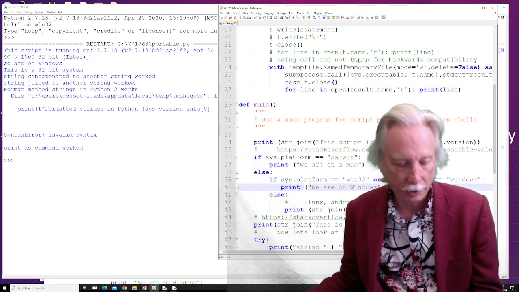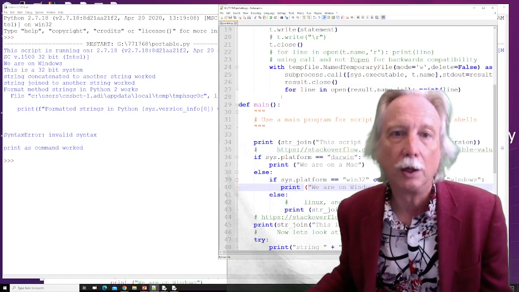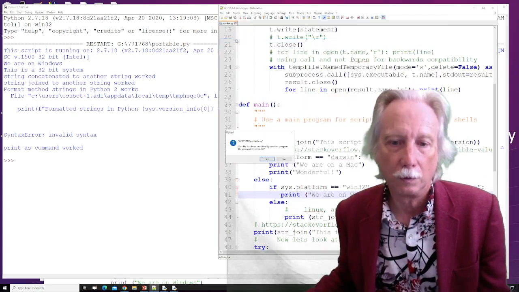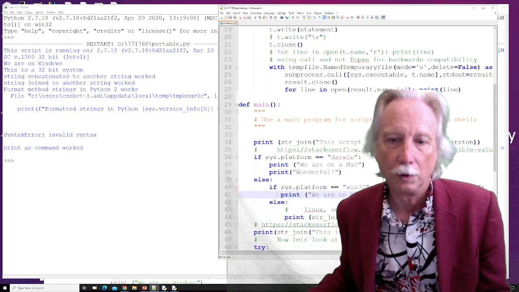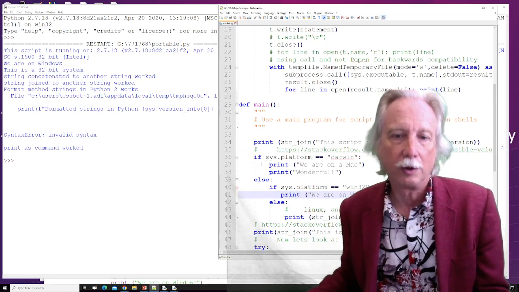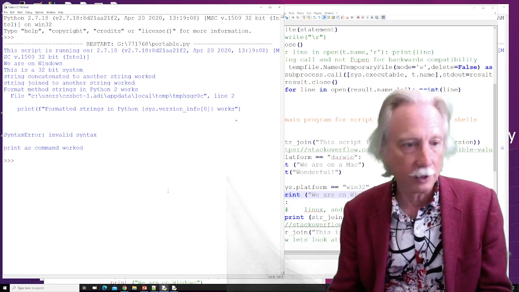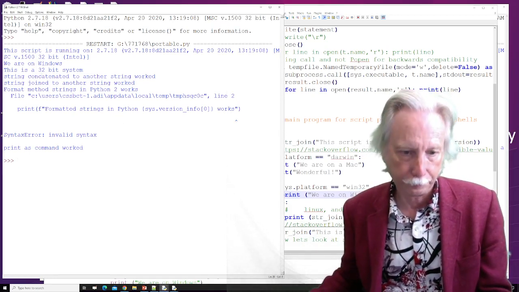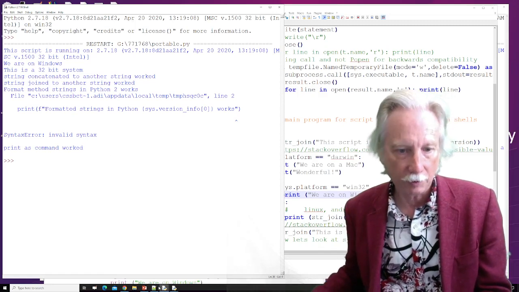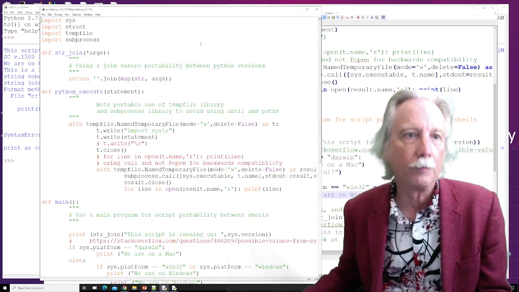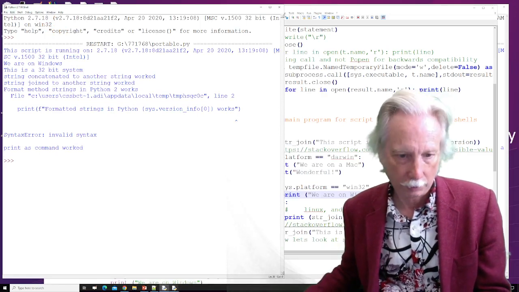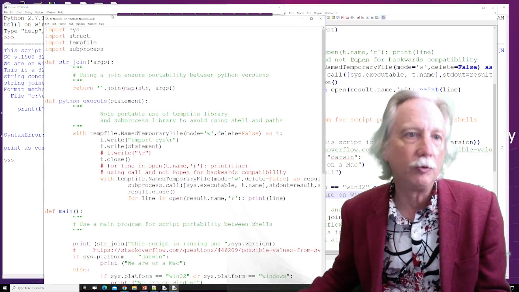So hopefully this notices that I've got this there, but of course I will get the same error in this environment. If I close the file and reopen it,